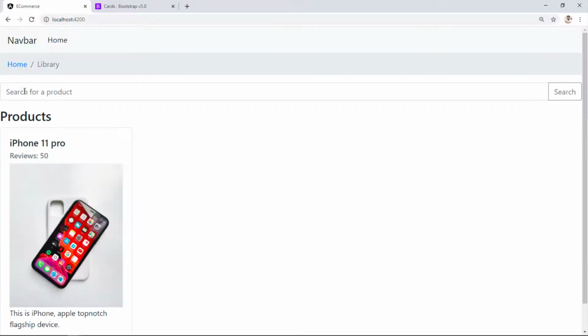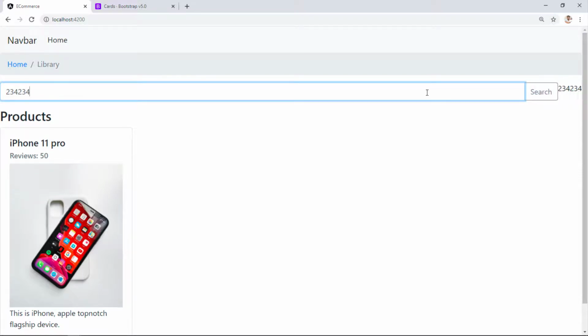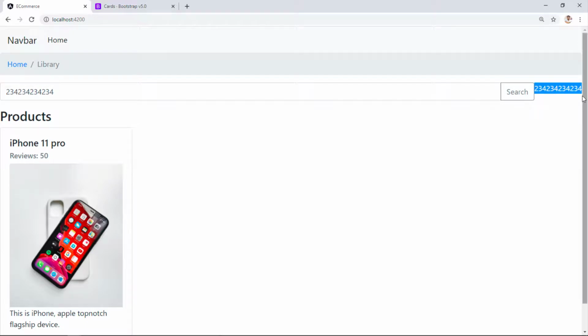You can see that the "Search for a product" placeholder is replaced and the button text is updated to Search. Let's try to type in something here. And as soon as we type something, it reflects on the UI, which is searchText one-way binding. And this is what two-way binding is. So for now, I will just wipe out this binding. That was for demonstration purposes only.